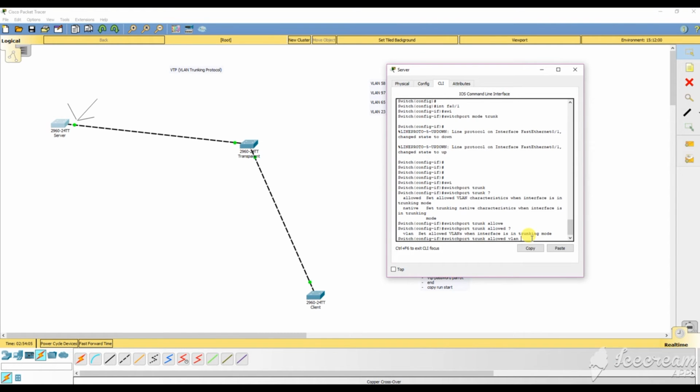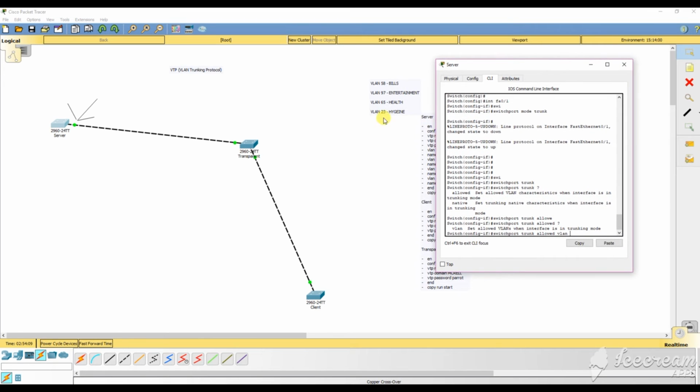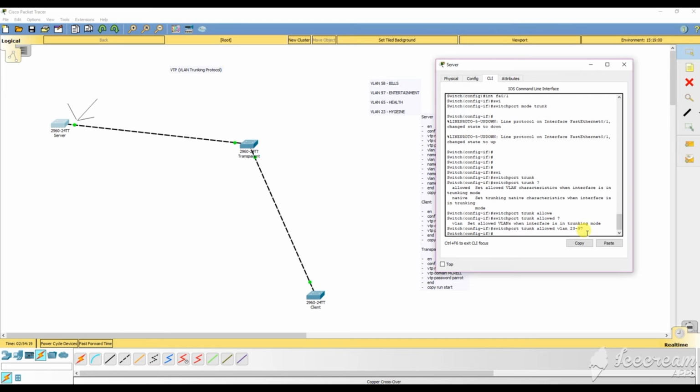VLAN range, and since we have 23 through 58 or 97, we're just gonna go 23 through 97, and